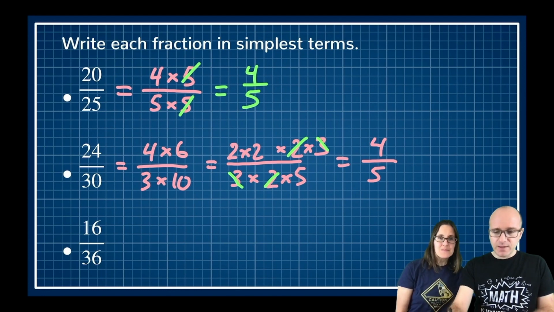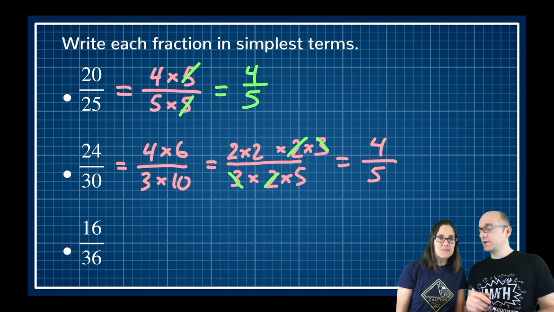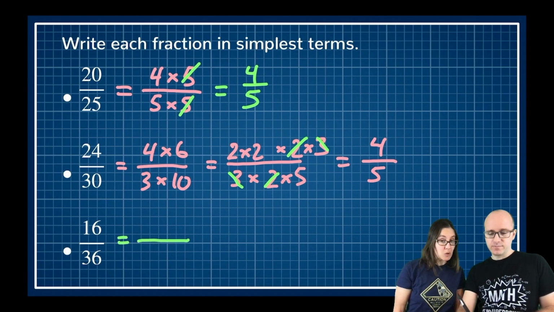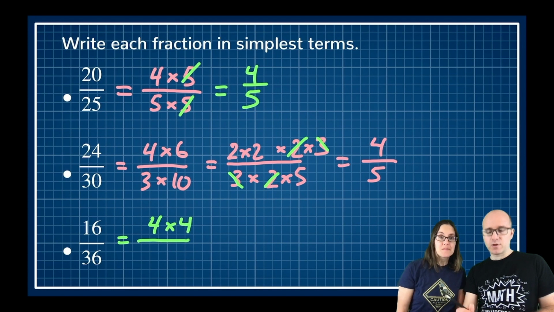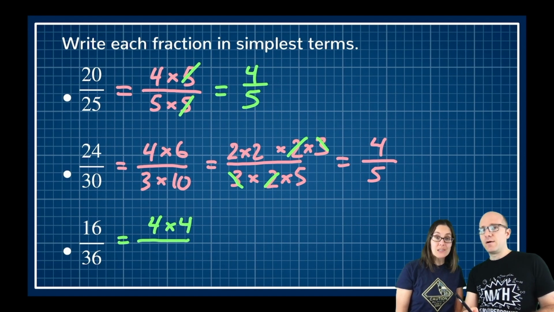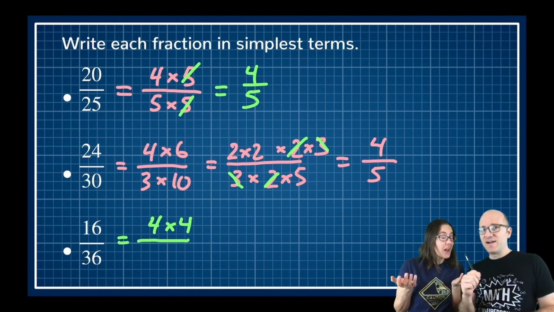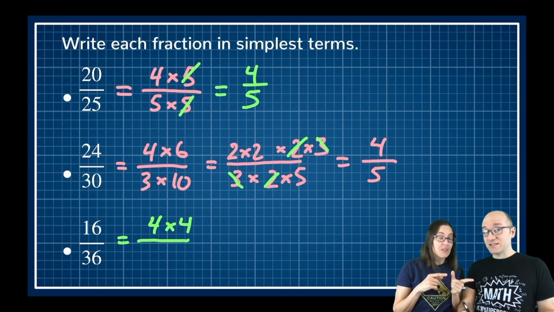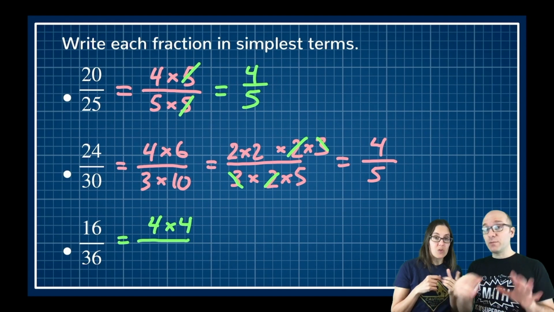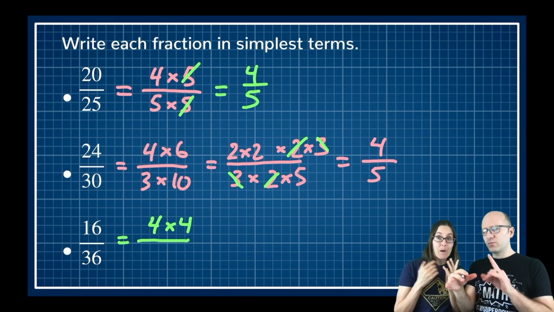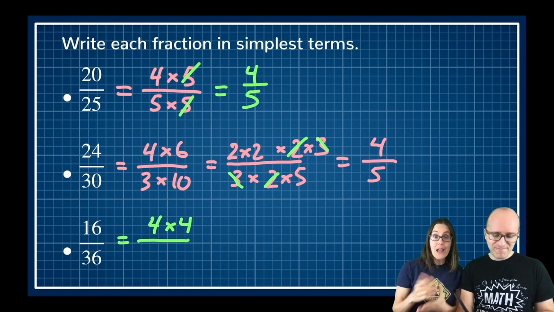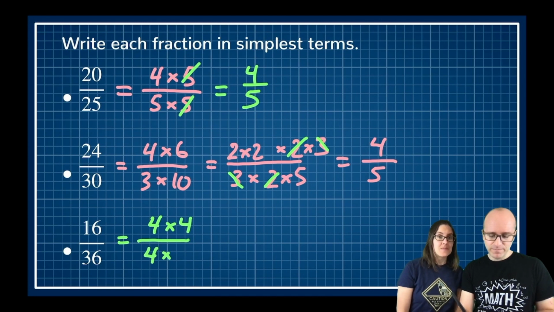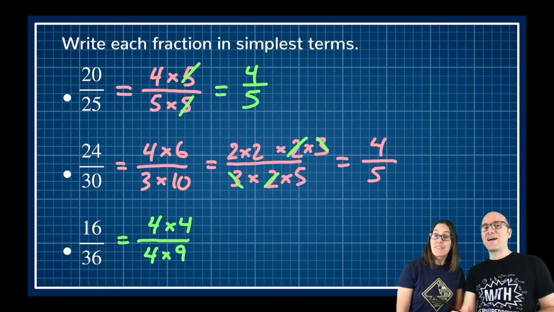All right, then our last one here, 16 divided by 36. 16 is equal to 4 times 4. 36 is equal to 6 times 6. But if I do that, I don't have a 4. Aha. So we could write 6 times 6 and do it like this previous problem where we keep breaking them down. Or I also know that 4 times 9 equals 36. And then aha. So, I have my 4s.